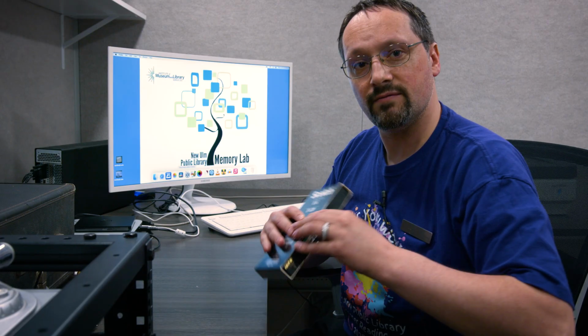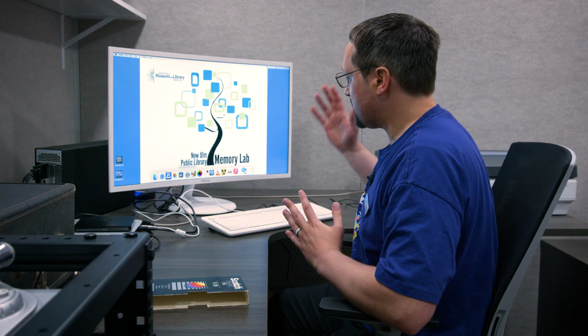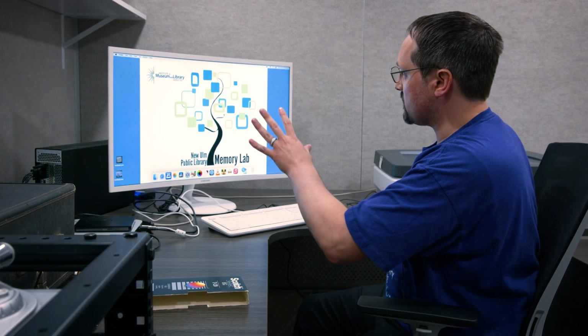You'll hit the power switch on the cart and then on the VCR itself. Then you'll load your VHS tape in, make sure that it's rewound. If you don't have it rewound, we can rewind it in the machine and insert it into the machine, not all the way yet. Logging onto the computer, which we've talked about previously, once you're on the desktop screen, the